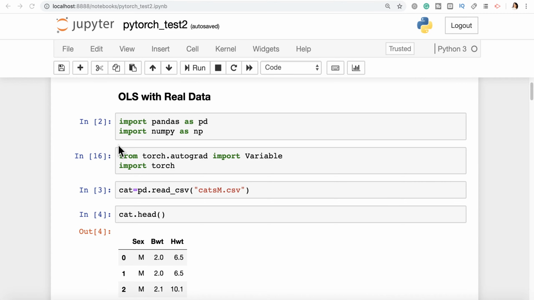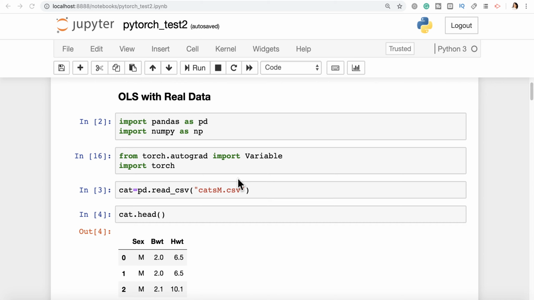In the last lecture, I quickly took you through a toy example in which we implemented ordinary least squares regression using PyTorch. And now we are going to implement ordinary least squares regression with real data. And by real data, I mean the kind of data you have in CSV files, because the chances are if you work with a regression problem, your data are more likely to be presented to you as a CSV